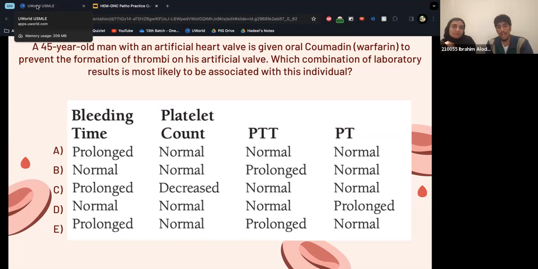So knowing what we know now, what would we say the answer for this question is without having seen the answer, since I already exposed it? We know that PTT involves factors like factor 8, and there are other factors that come from the liver that are not affected by vitamin K not being reduced. Good, only PT is prolonged. So everything else will be normal. So the answer is